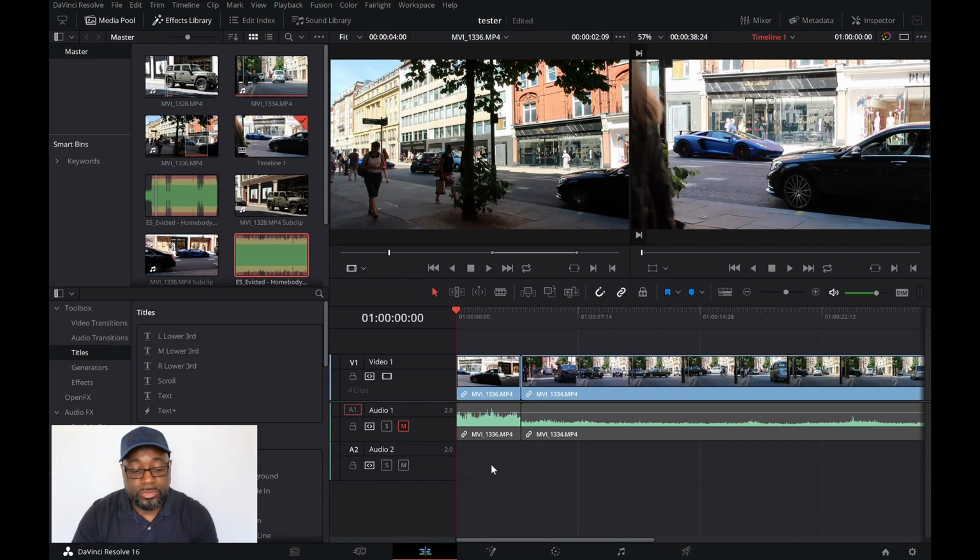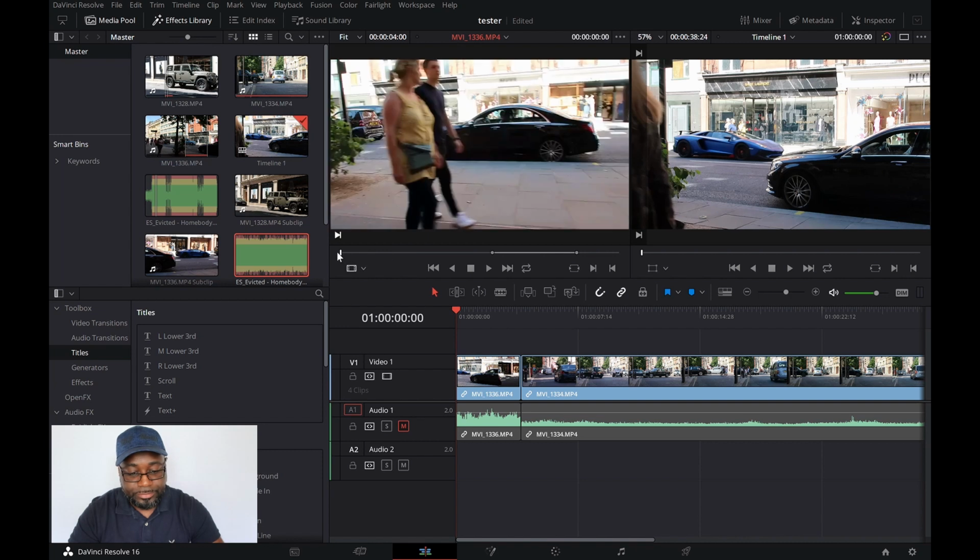So what you will see now is a video clip up here, two video clips, and then you got the sound that goes with it. So it just splits it up, so you have the video and you have your audio that goes with it. So if we play the first clip,